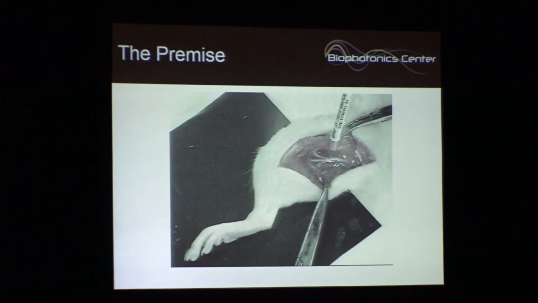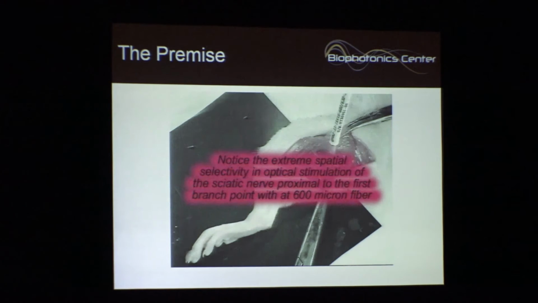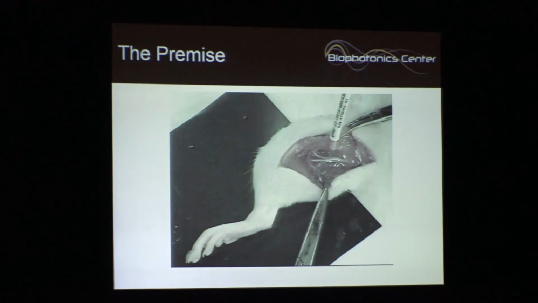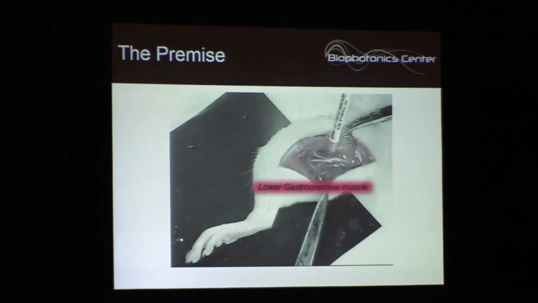There's no electrodes. You can see that. There's nothing electrical over there. I can activate this to go upward to do flexion, or go downward. Sorry, this is flexion, this is contraction. And make individual toes twitch, individual muscles twitch, and essentially show that you can use pulsed infrared light to activate